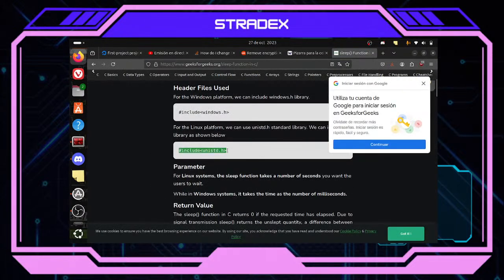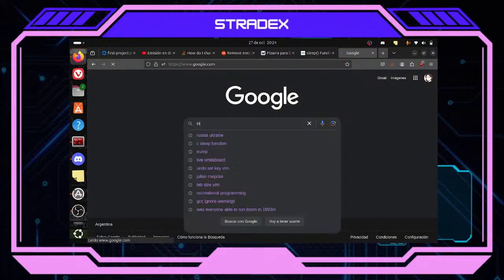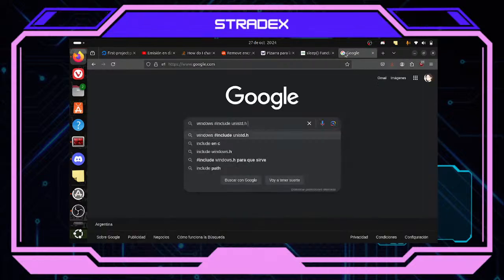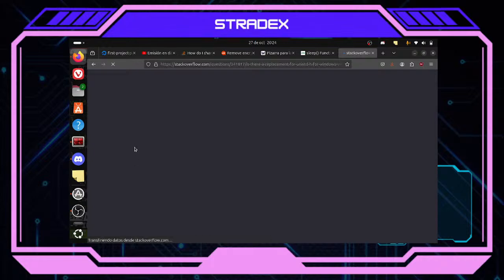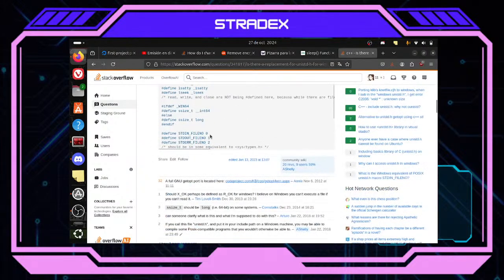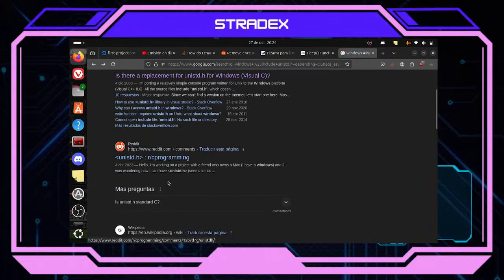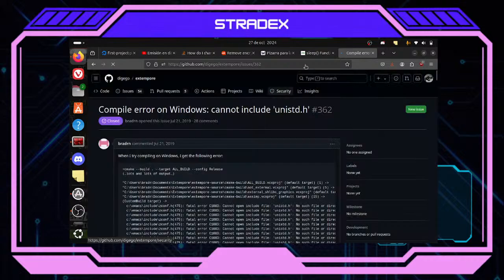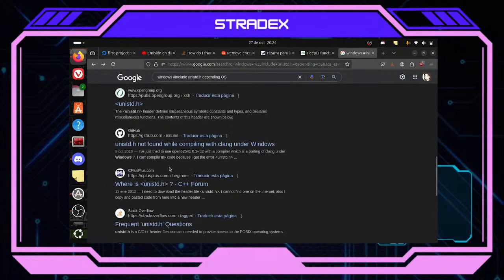For the Linux platform, I want to use... How do I include the proper one?